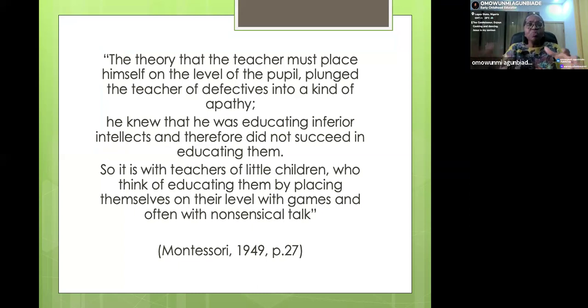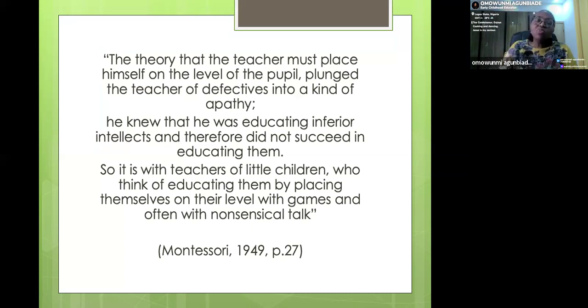But she decided to pick these children and started putting to practice what she was already observing and what she was learning. In fact, by the time she finished working on these special needs children, she took them not just from working with materials, because she started developing the materials herself. The materials were originally hers. It was not in what she was learning. But then she also started introducing reading and writing with her method. Don't forget what I said. She didn't just start like that. She read other philosophies and then built on it.